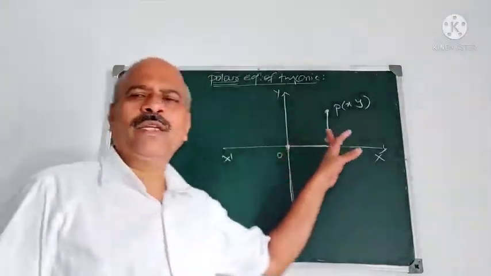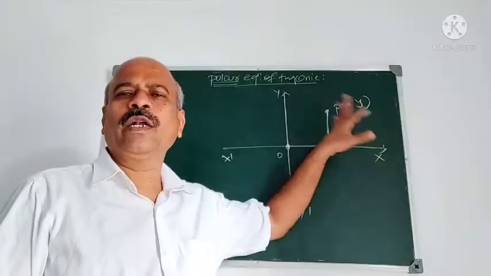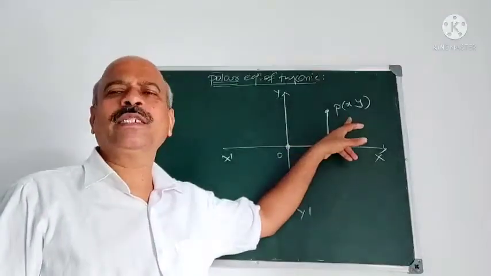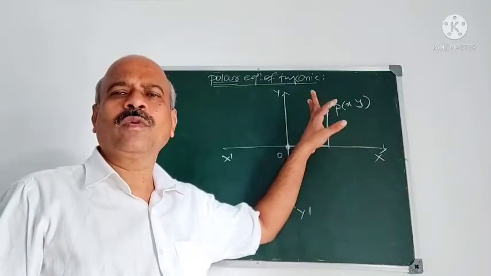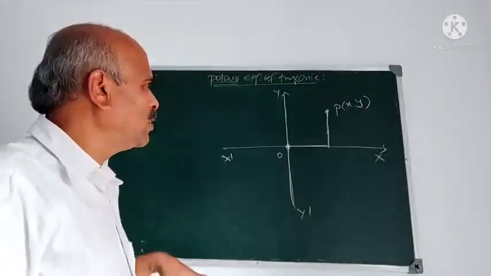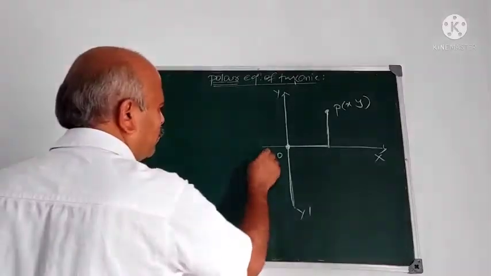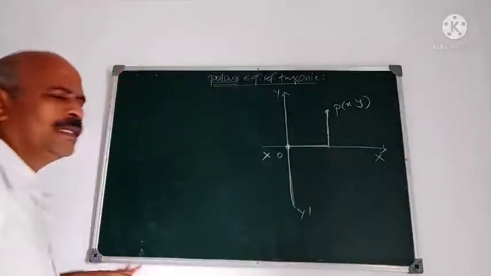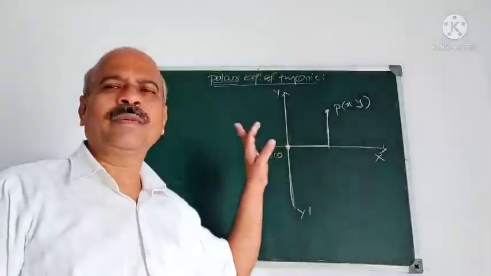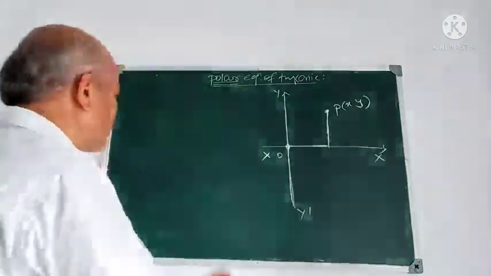Now this is one method of representing the point, and these x, y are called Cartesian coordinates of the point, given by René Descartes. But now we consider polar coordinates of the point. What is the advantage of polar coordinates over this Cartesian system? I explained that one. What do you mean by polar coordinates of a point?